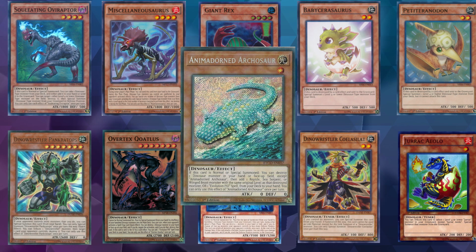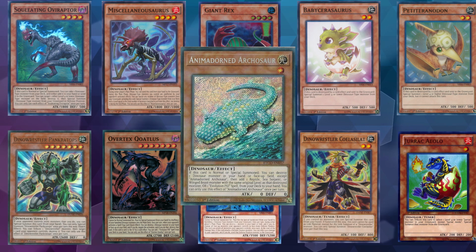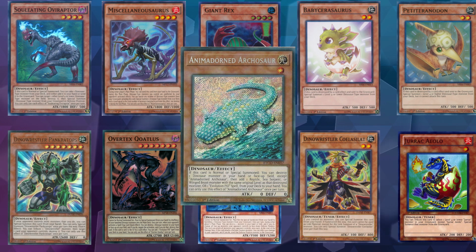So before getting too in depth with Archosaur over here, let's quickly circle back to why we're playing 3 babies in the deck. Well, this is why. We now have a consistent way that doesn't rely on Dragonic Diagram or any of the True Kings to pop the babies in our hand. Additionally, since it's level 1, you can discard a Miscellaneousaurus, banish the Miscellaneousaurus, and get Archosaur onto your field, boom,